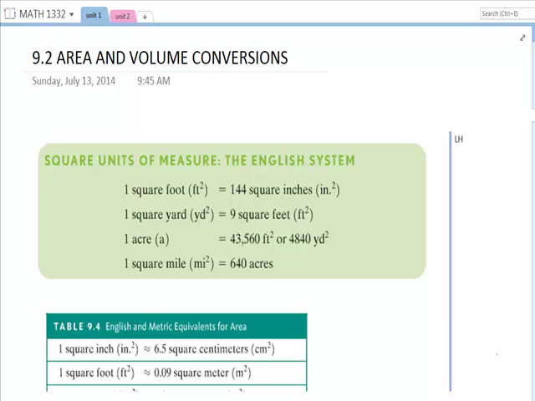Okay, in lesson 9.2, we're going to continue to go on with our conversions. We did length. Well, length leads us to area, which is when you multiply two different lengths, and volume when you multiply three different lengths. So area would be like a square or a rectangle, and volume would be like a cube or a box. There are some more facts,